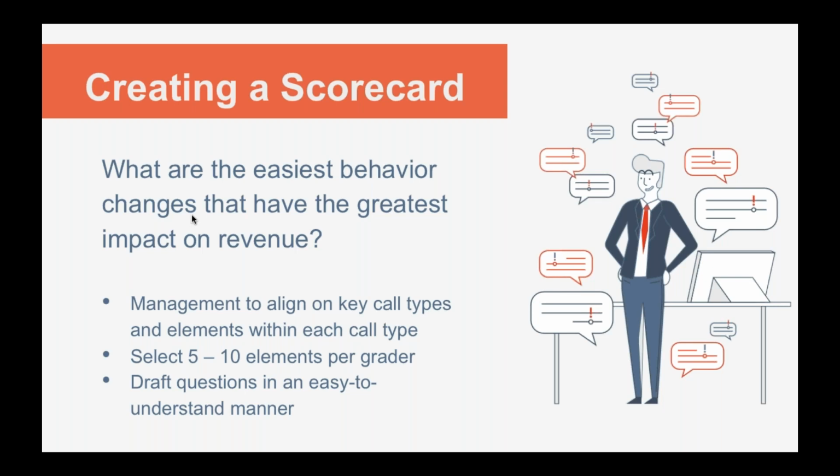In terms of a best practice, I do recommend that you have anywhere between 5 to 10 questions per scorecard. And these questions should be drafted in a very easy to understand manner. That way there aren't any questions around what that element really speaks to. And a good way to just think of that is to keep it simple, stupid. And I have an amazing quote on the next slide, but before I move into it, Chris, do you have any thoughts on how SmartRecruiters is able to create your scorecard?